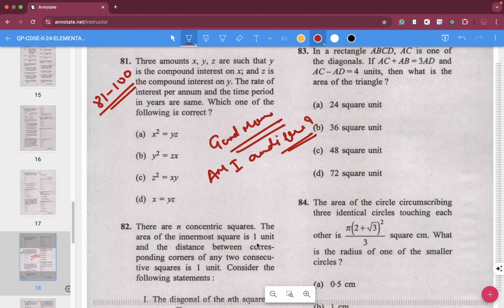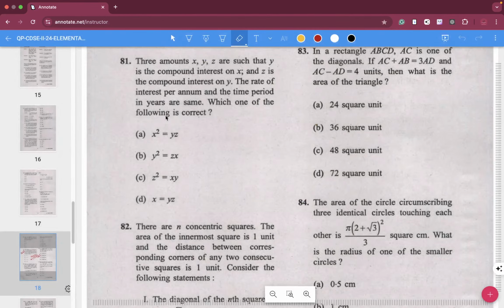All right, folks. Good morning. So in the interest of time, maybe we should get started. Today we are going to do questions number 81 to 100, and you can see how we have done the other questions in the previous live sessions, which are already recorded in video form. So three amounts x, y, z are such that y is the compound interest on x,